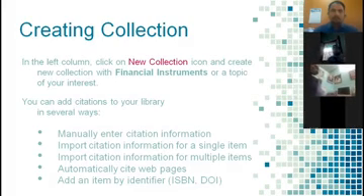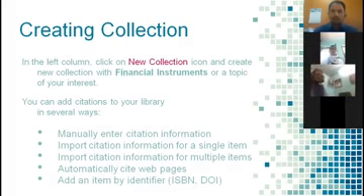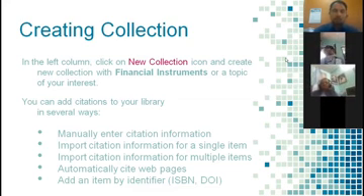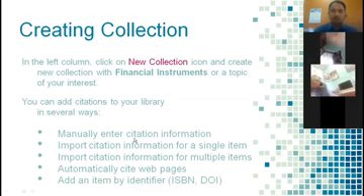Now all these things are available. You can create a new collection and display everything. Now, there are five ways of creating a collection and entering resources in My Library. One is to enter it manually. All the citation information you can enter manually, because if you don't have a digital document, how can you get the metadata? So there is an option for manual entry.